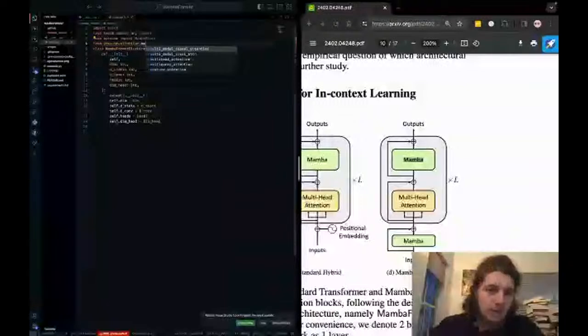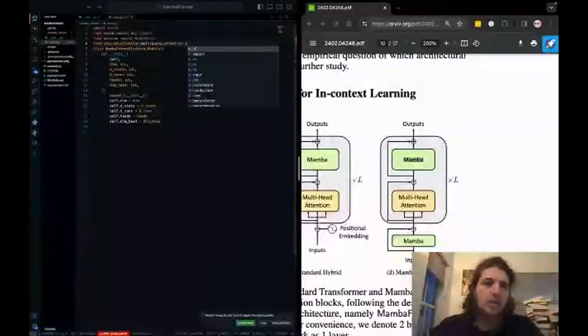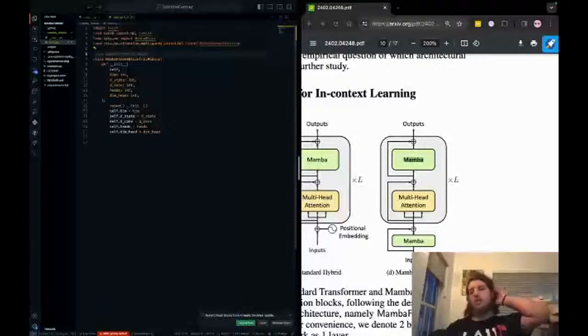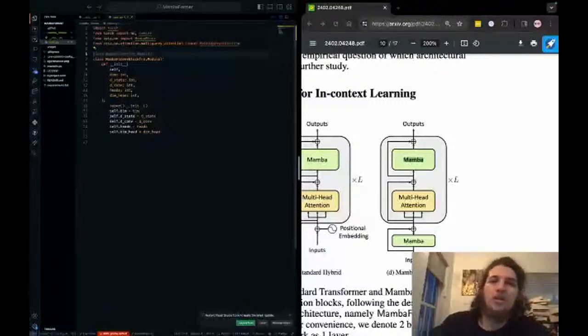Multi-head attention sucks, so we're just gonna go with the next best thing, which is multi-query attention. If you see anybody using multi-head self-attention, dude, that is old, man. Not good.